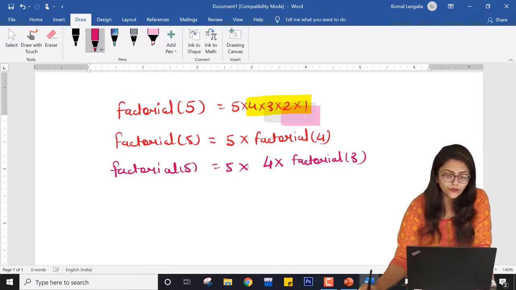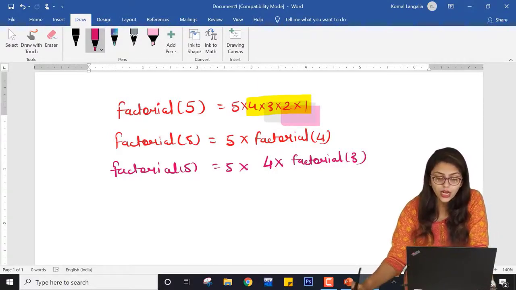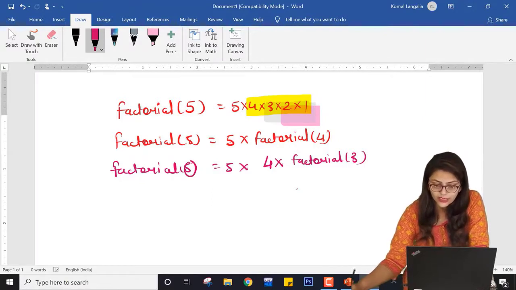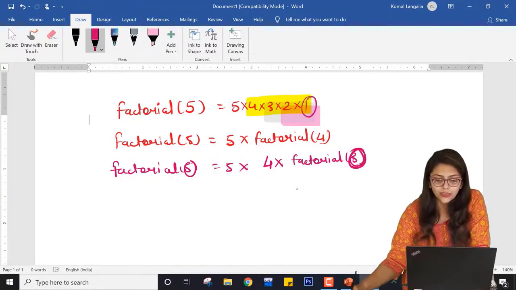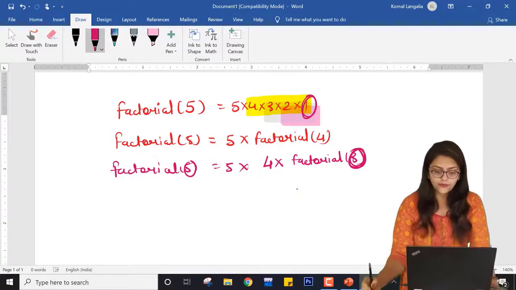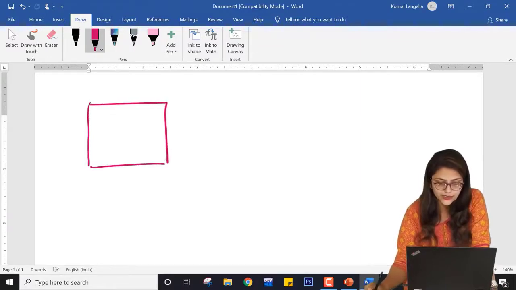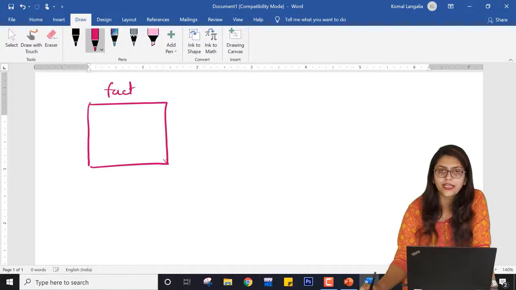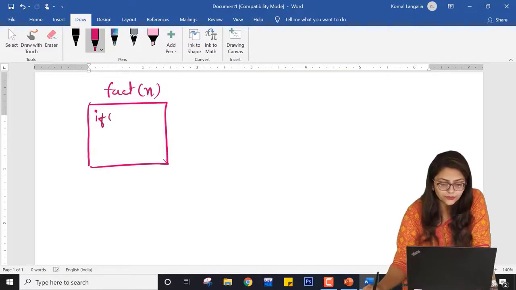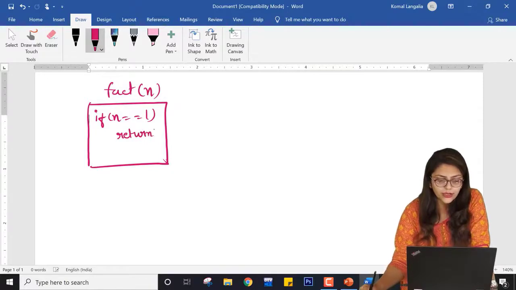So this is the recursive formula, and until this becomes 1, I am going to call this function. So what exactly is being done? I have made one function named factorial or fact, right? So my function name is fact. I am passing argument n over here. Here it will check if n equal to 1. If the value of n is 1, then it will directly return 1. Otherwise, in the else part, it will call n into fact of n minus 1.